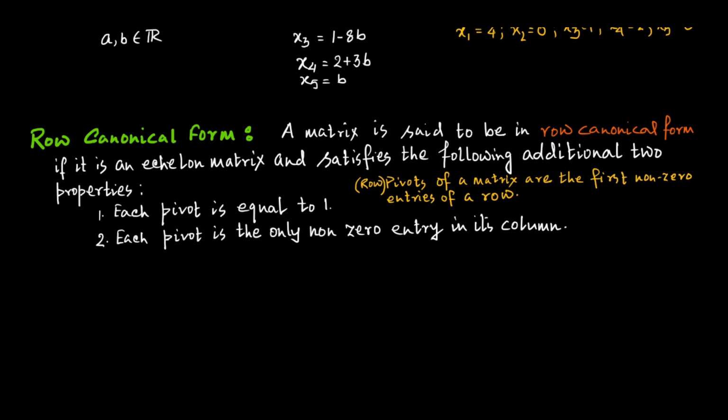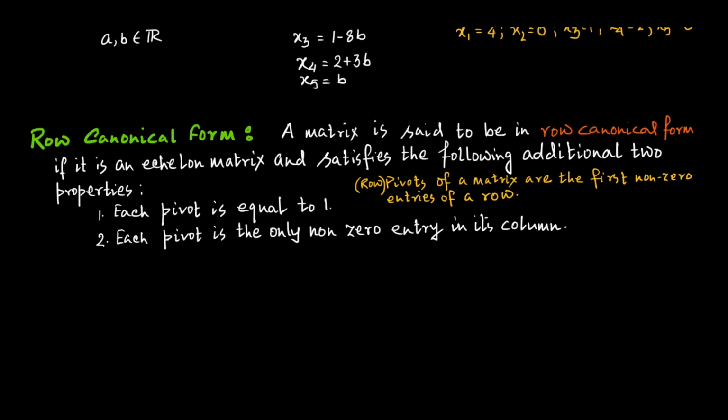Now, why am I giving emphasis on this word row? Because so far we have discussed only elementary row operations, and since we are looking into matrices from the row perspective, or trying to analyze a system of linear simultaneous equations, we are considering row operations only. But similarly, people can define elementary column operations also. That's a different context. I will come to that later. But right now we are confined to rows only. That's why I'm defining everything from the perspective of rows.